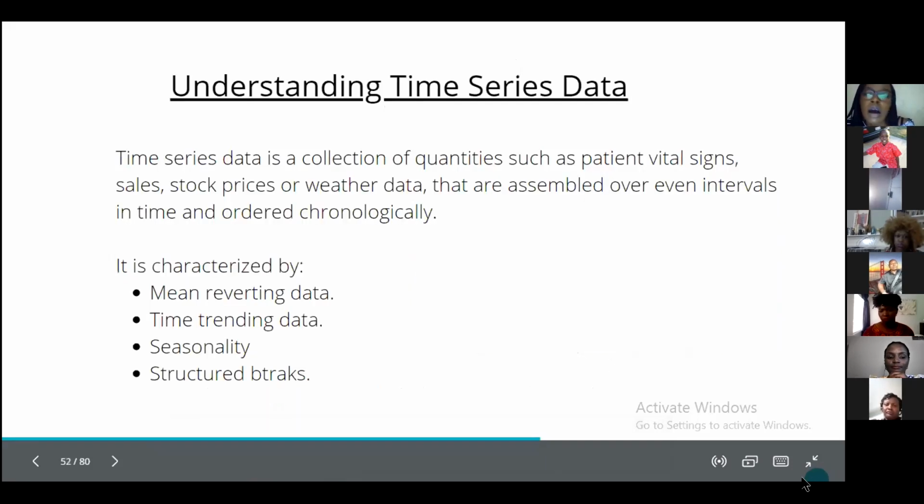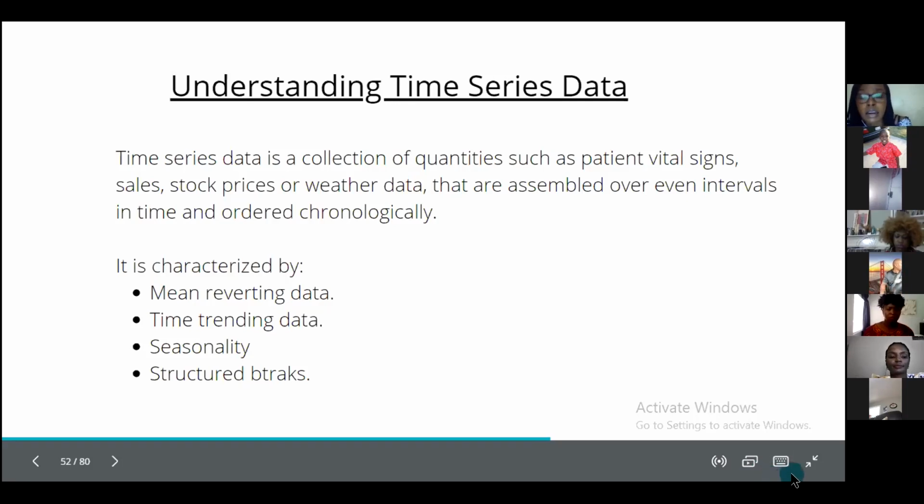So time series data is not just for COVID or this kind of data set. Throughout our lives, we have come across time series data. Weather data is time series, the stock prices, and even most of health data is time series. Patient attendance, patient vital signs, all that is an example of time series. And a characteristic of this, in order to term it as time series, is that